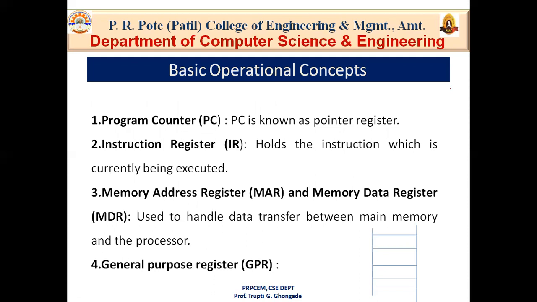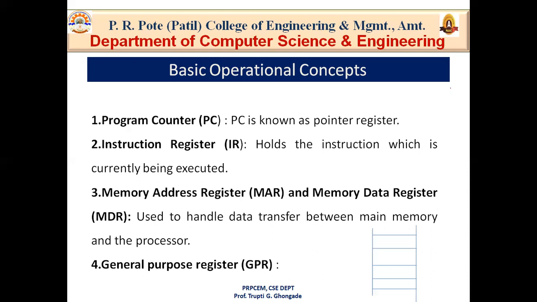So what is a program? A program is a set of instructions which are to be executed. These instructions must be executed in a proper sequence because we believe that instructions are executed in a sequential manner. Now in C, C++, we believe that a program is always executed in a sequential manner, and a program is a set of instructions. That means instructions must be executed sequentially, like first instruction, then second, third, and fourth. So this execution sequence is monitored by the program counter.